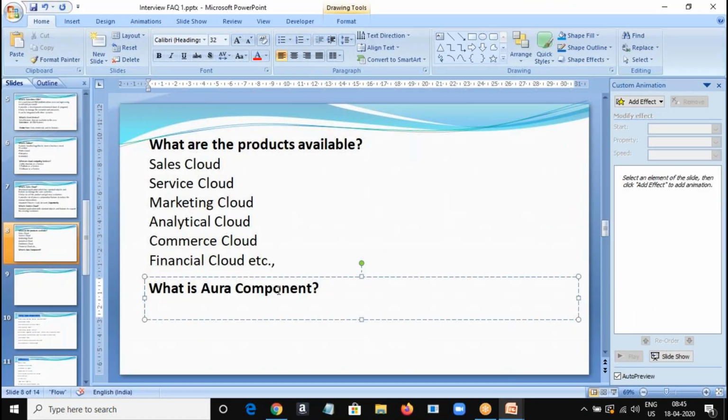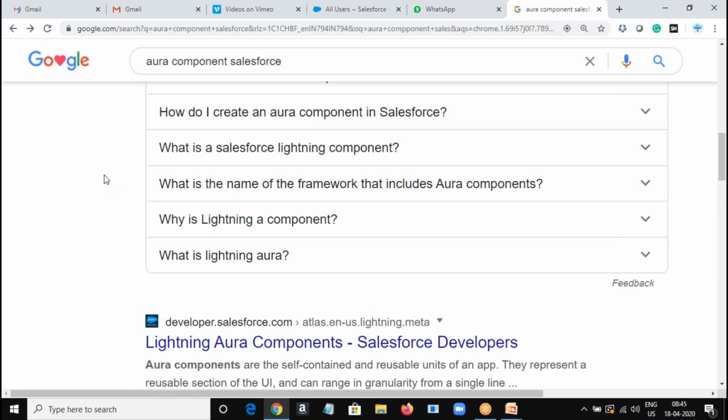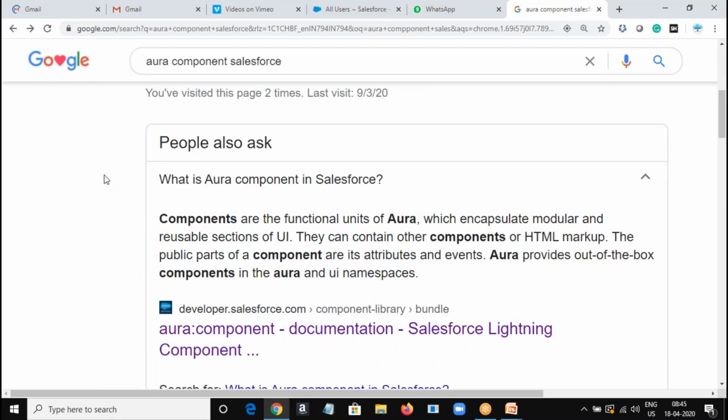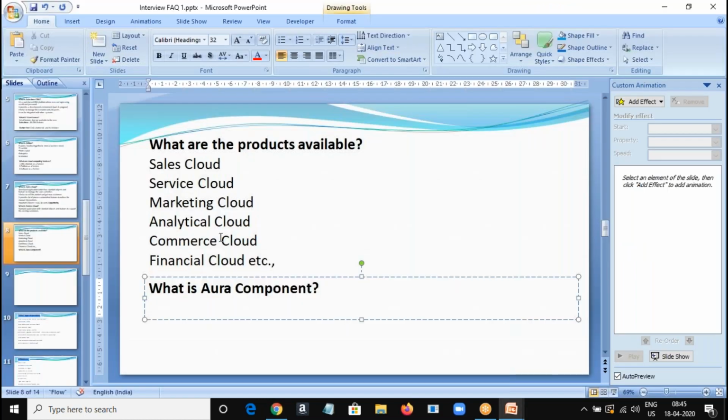Okay, we are not talking about Aura framework here. Aura component is a functional unit of your lightning component, right? When you create an Aura component, how will you start? aura:component, right? So this is a functional unit, which means you can implement the component in a tab.